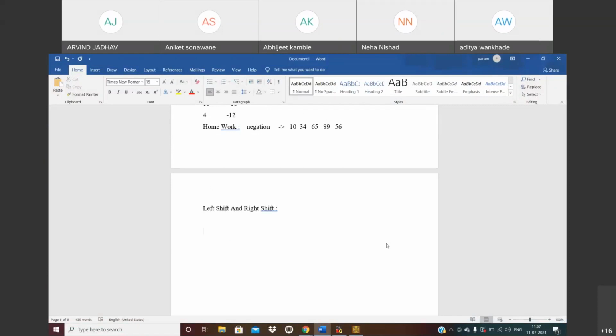Okay. So these are the symbols. First, we'll discuss the left shift. So this is the left shift operator. Make a note of that. Whenever we use this left shift operator, right shift and negation, they are performed with one operand. Okay, that means the operation will be performed using one variable only. So assume that a is equal to 10.